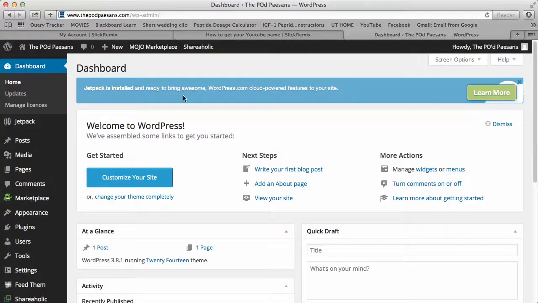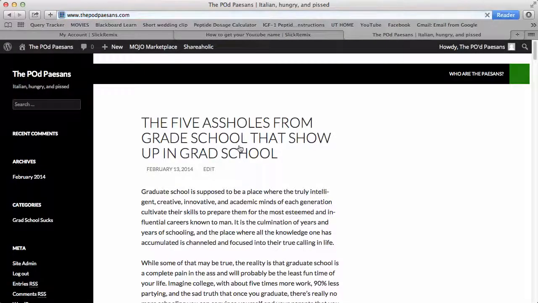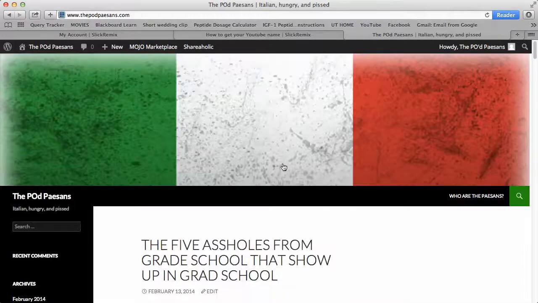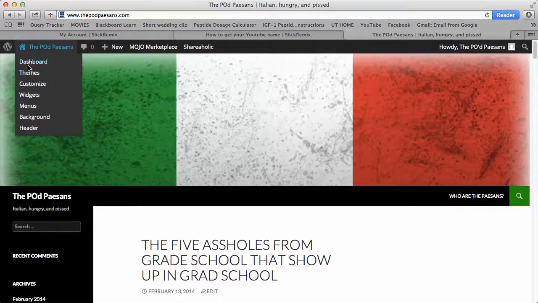And this is going to bring you to the dashboard. Okay, so this is kind of like the back end of the website. Up here on the left, you'll see the link. So anything we do in here, I can click over here on this link, and I can preview what it's going to look like on the page. Okay, so if I go back to the dashboard,